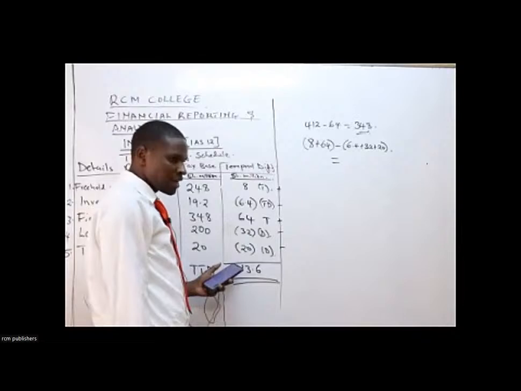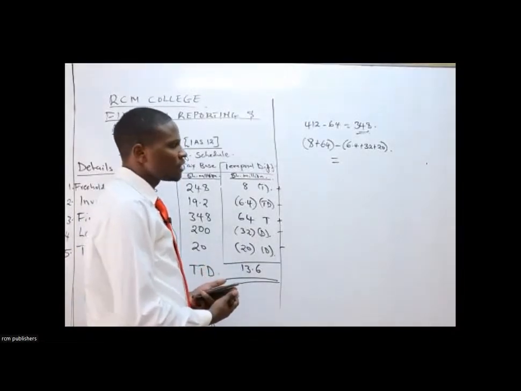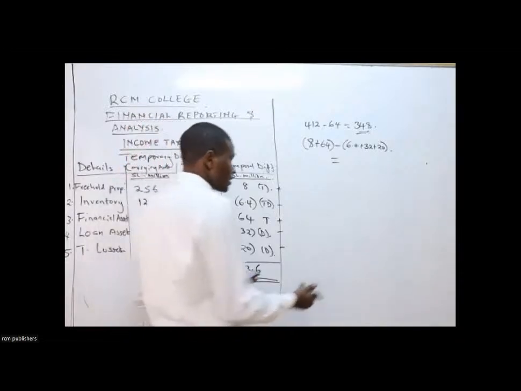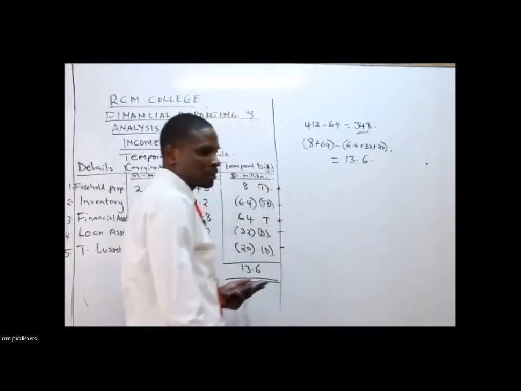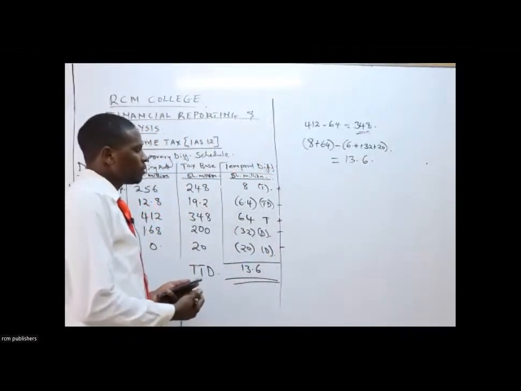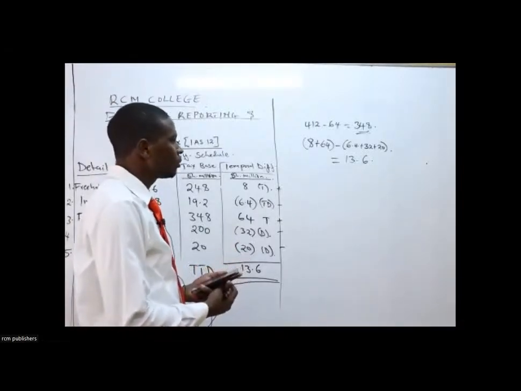Now, due to this difference, we arrive to what? To the deferred tax. So this is the one that will assist us to get to our deferred tax. But then, before we compute our deferred tax of what the examiner expected us to do, I would like